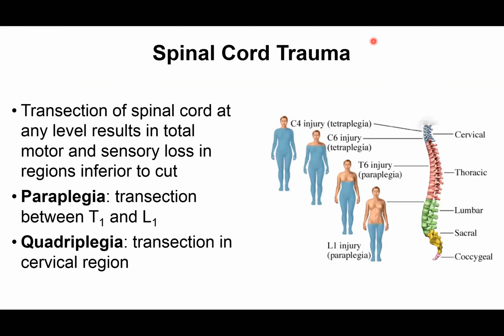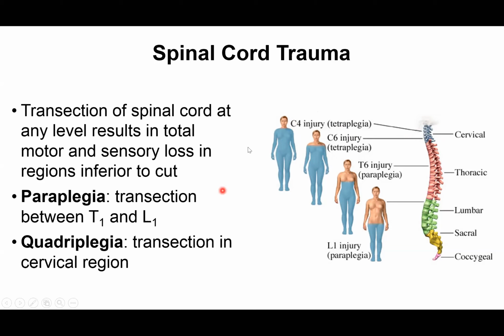So next we'll talk about any kind of plegias. So transection, which basically means cutting through the spinal cord at any level, can result in a total motor and sensory loss in regions that are below that cut. So for example, we're going to start up here at a C4 injury. So if you have some sort of injury to the neck at the level of the fourth cervical vertebra, some kind of crush injury that cuts through the spinal cord, this is going to result in tetraplegia, also called